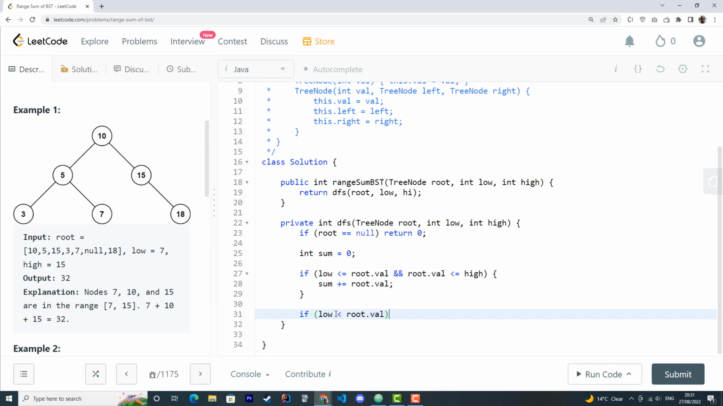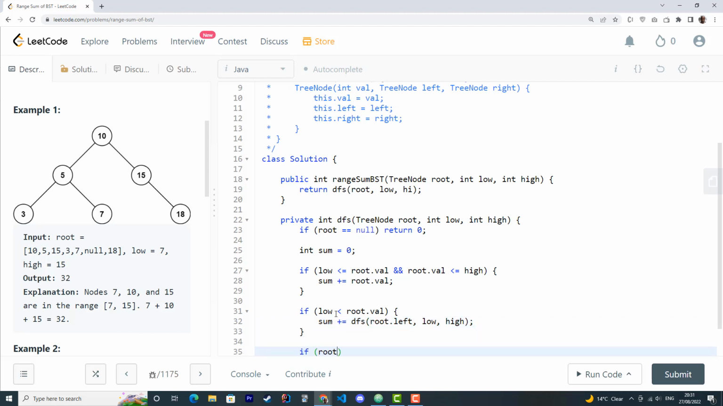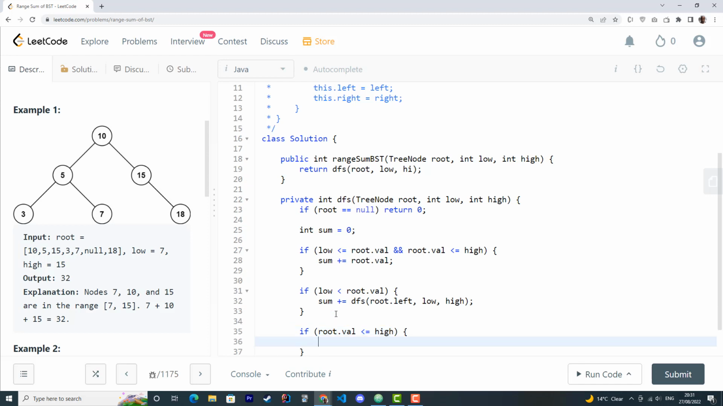So we say if low is less than root.val, that means we need to go to the left of the tree. DFS left, again passing low and high. And again, if root.val is less than or equal to high, then we add walking to the right side